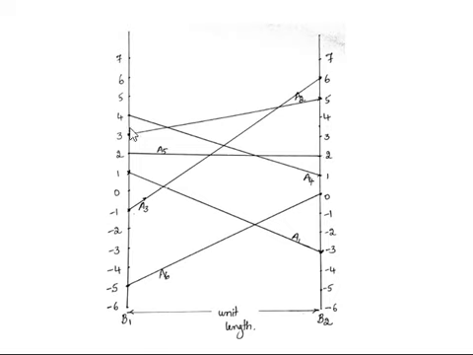That means we first need to mark the points, and along with that we need to join them. For example, if you mark the points 1 and minus 3, then we need to join them and identify the line as A1. Similarly, we need to carry this out for all the points A1, A2, A3, A4, A5, A6.